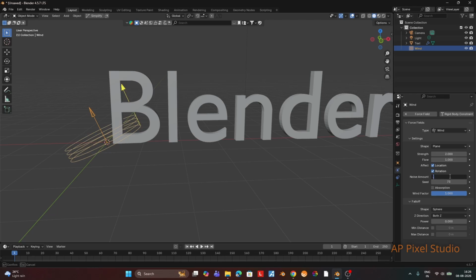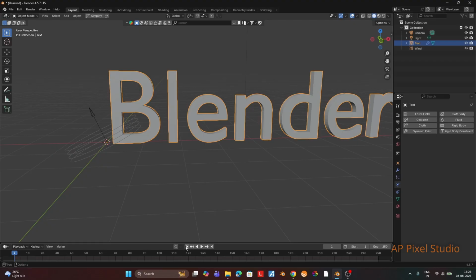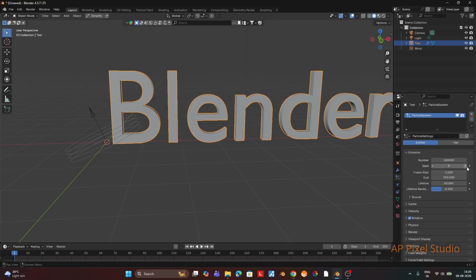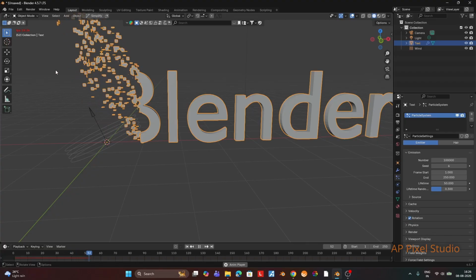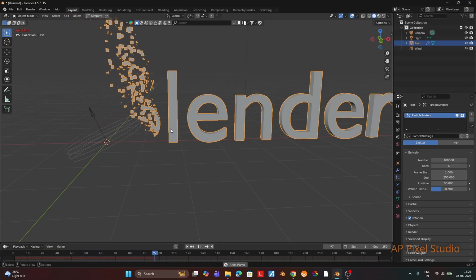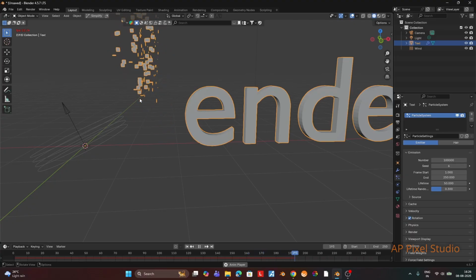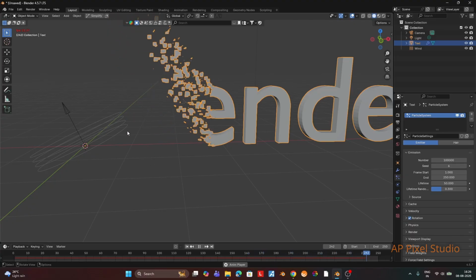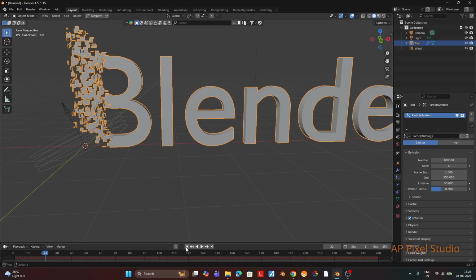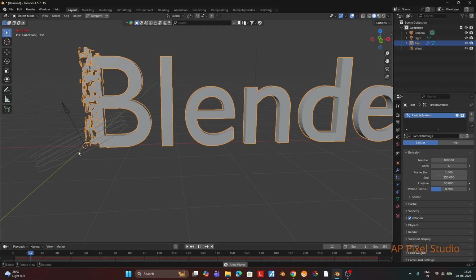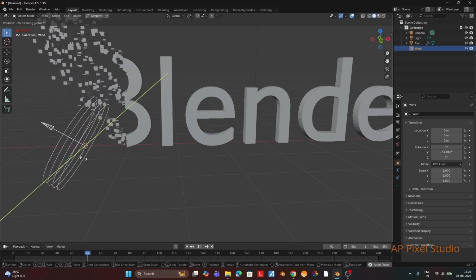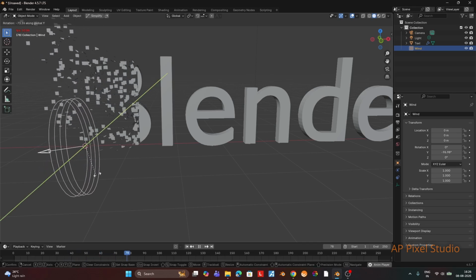We will increase the strength of the wind and we will have some noise amount, so a little bit of randomness will be there. If we change the seed and play again, you are seeing the particles are moving in the direction where the wind force is. So this is how wind force affects the particles. Each particle, each letter will go in that wind direction. And if we play it and change the wind direction at runtime, you see the particles will be moving along the wind.